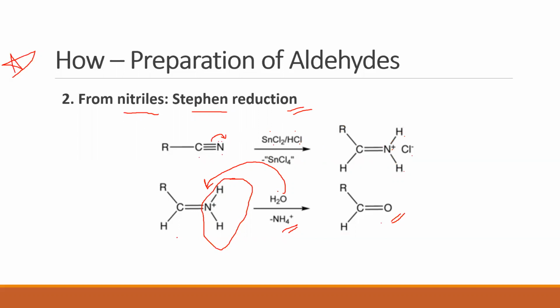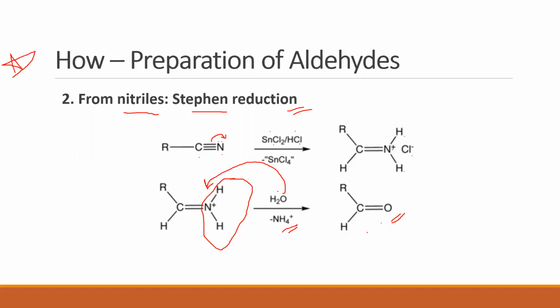Hydrogens get added to nitrogen and this nitrogen will acquire a positive charge. In the second step, this ion that is obtained will undergo reaction with water. When it reacts with water, the NH2 plus will take away two hydrogens of water to go out as what? To go out as ammonium ion, NH4 plus ion. In place of that NH2 plus, who's coming in? Oxygen is coming in. The moment oxygen comes in, I get an aldehyde. Clear? Got that?